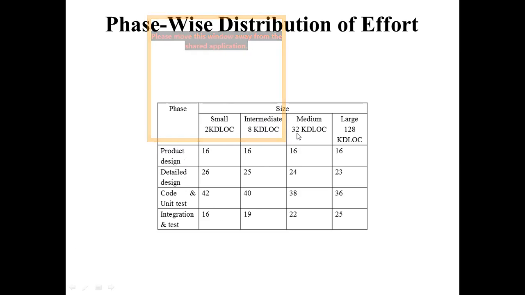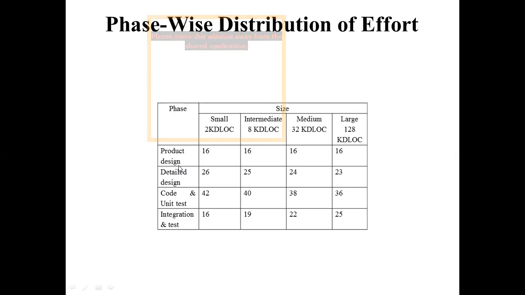If it is less than or equal to 32 KDLOC, then we will choose these values, or otherwise these values. So first we must be aware of the total lines of code, and accordingly we can choose from one of these columns. It will depend on the size of the project, so that we can calculate the phase-wise value.